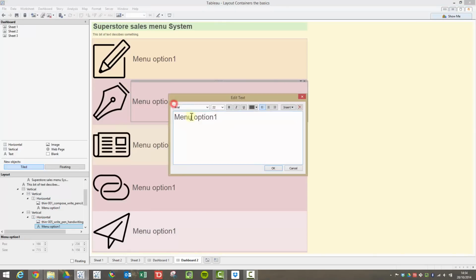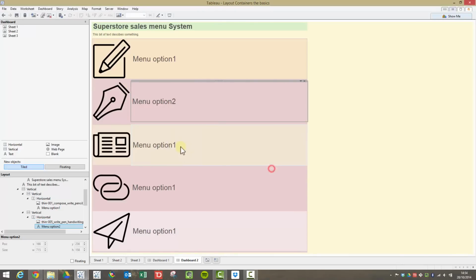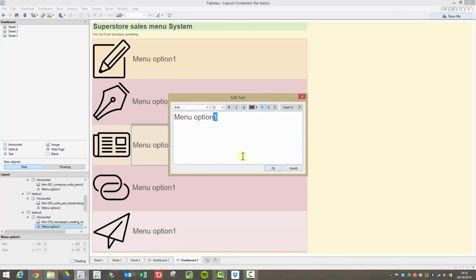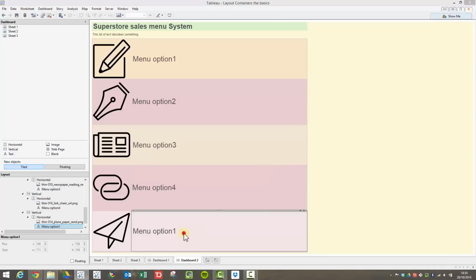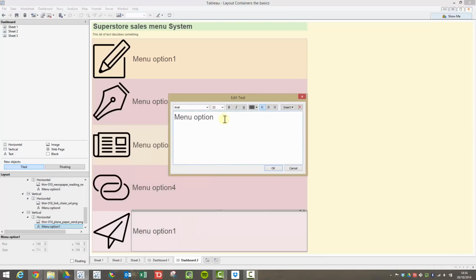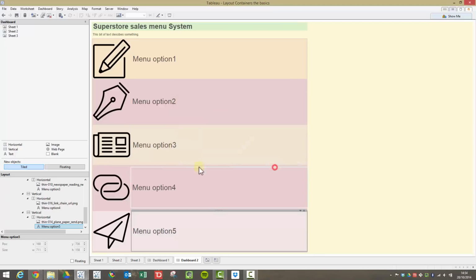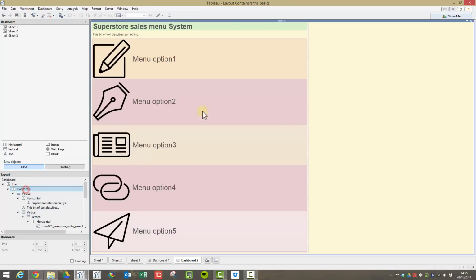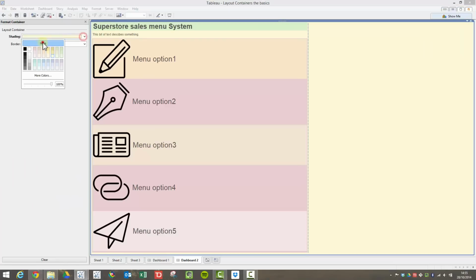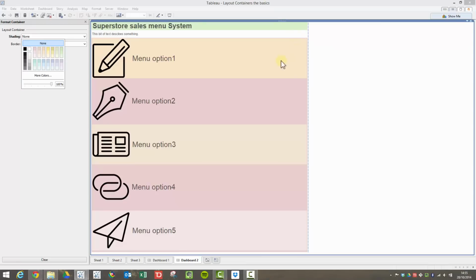Okay. And of course they're not all menu option 1, they're different menus. Double click that. And this is the 5th one. Perfect. And so now I'm going to try and remove all the colouring, so you can see that we have really ended up pretty much close to where we started at the beginning, minus a few sort of finishing touches that you can do yourself. So I've taken off the background wallpaper,